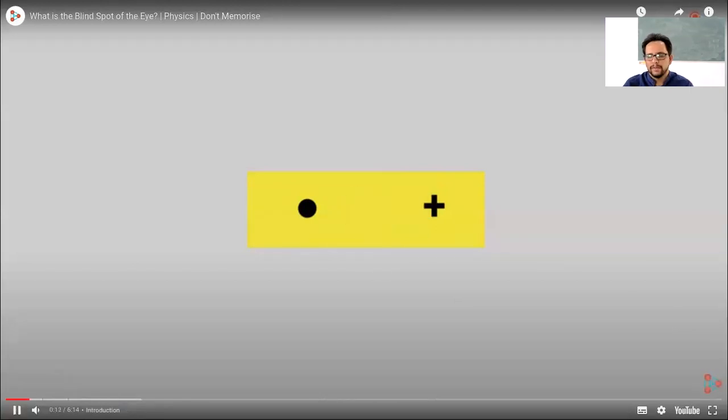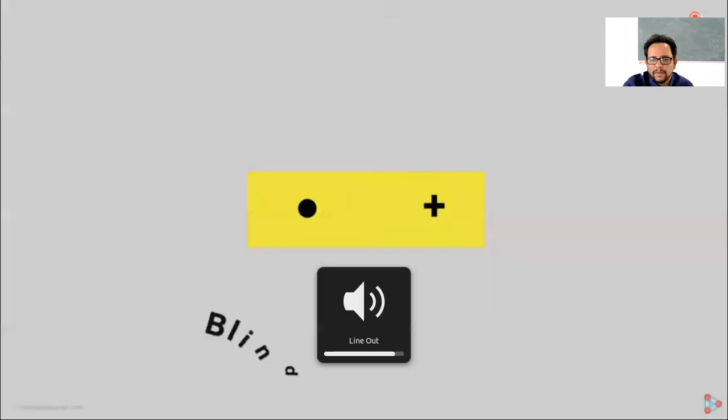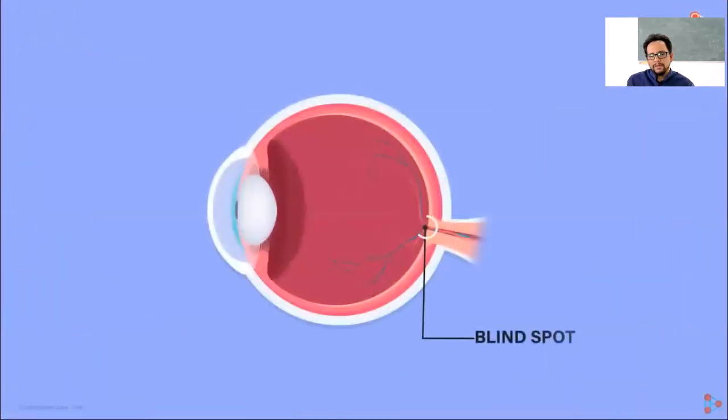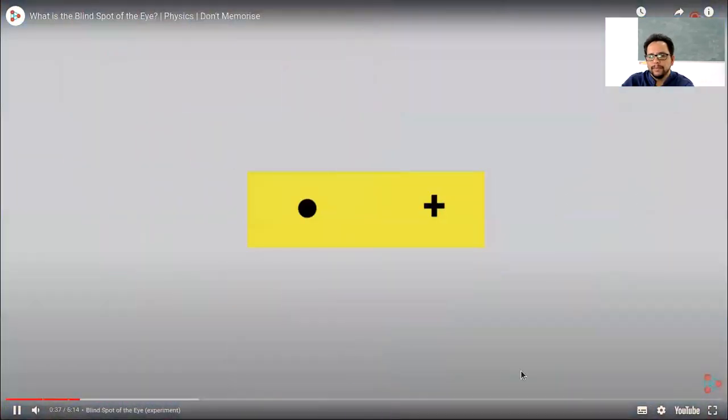We are going to perform a demonstration to find the blind spot of our eye. Yes, our eye has a blind spot. What is it though? And what does it mean? It is a spot on the retina of the eye where we cannot see the light when it's incident on it. I will explain its details a little bit later, but first I will prove its existence to you through an experiment. Okay, let's go back to the start again.